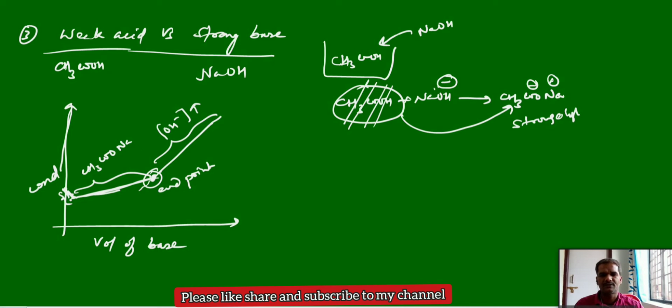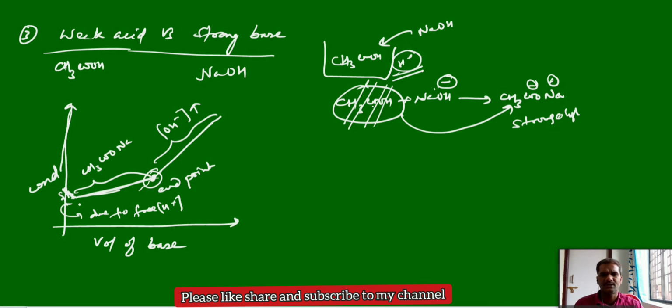What is this small portion? Why does it suddenly decrease initially? Initially acetic acid can give a small amount of free H+ ions. It can undergo at least 5 to 6% dissociation, so it will give some 5% H+ ions. When you add NaOH to that acetic acid, immediately the free H+ ions left in that solution will react. So that is why you can observe a sudden decrement here, and this is due to free H+ ions.